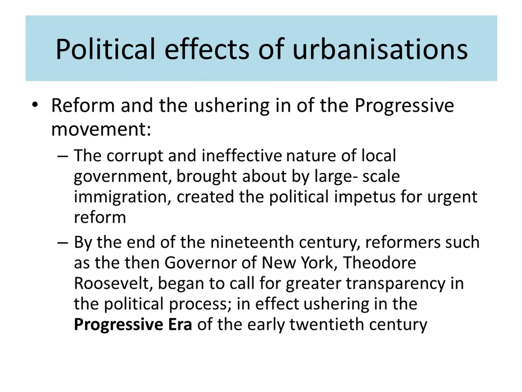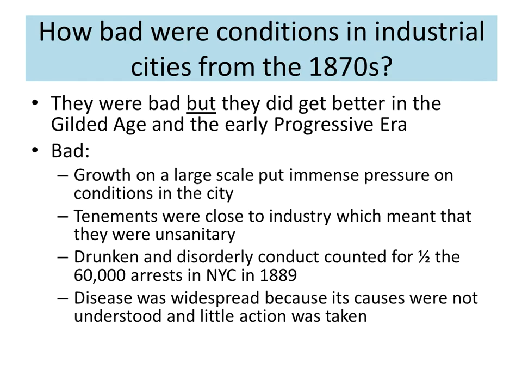He saw for himself the corruption of the bosses, and he begins to call for greater transparency into the political process to try and break the power of these individuals who are exploiting the people in the city because nobody can see what they're up to. So he calls for greater transparency and greater understanding of the political process. This will usher in, of course, this progressive era of the 20th century, which we'll talk about at length a little bit later on. So how bad were conditions in industrial cities?